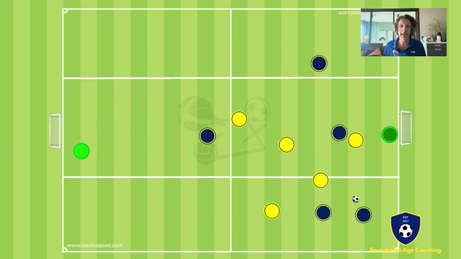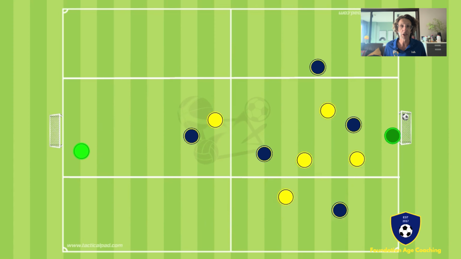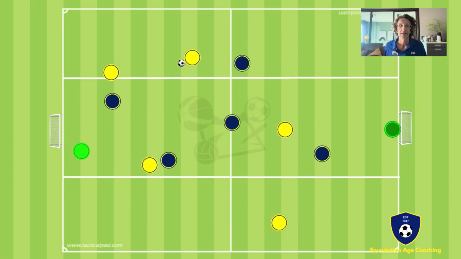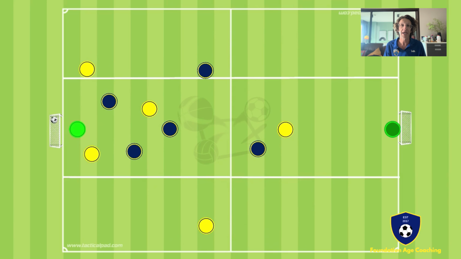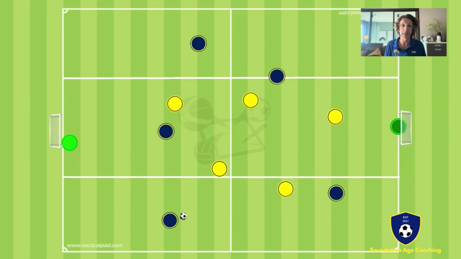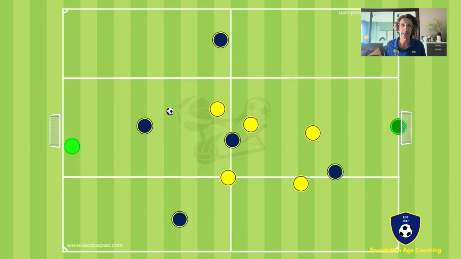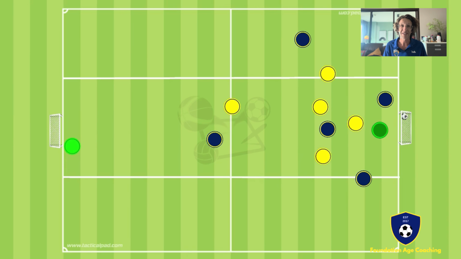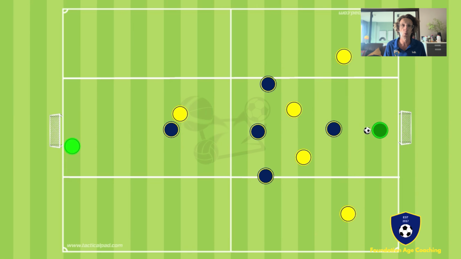Now, as I've just explained, it's easy enough. The pitch is split into channels, so there's one on the left, one on the right, and one through the middle. There's no absolute rule that says you have to have these all the same size. You might want your wide channels more narrow than the middle. You might want your middle channel more narrow than the wide. It really depends on which constraints you use and which circumstances or which game situations you want to come out